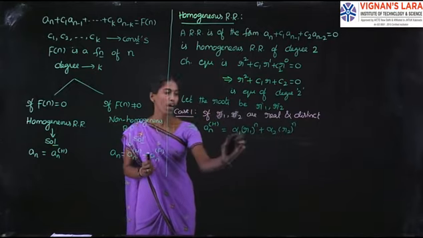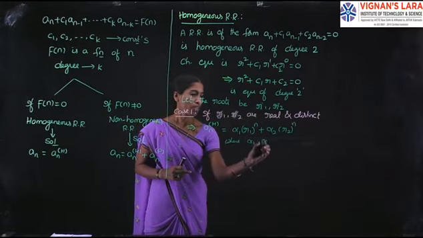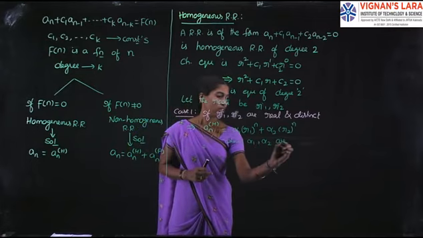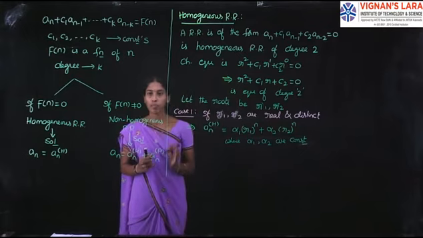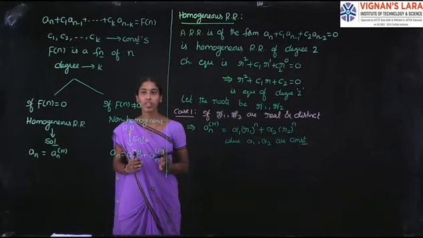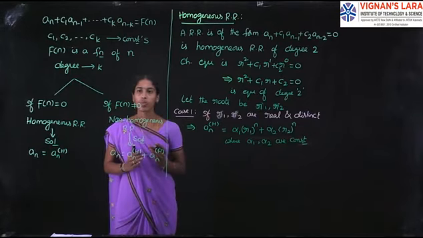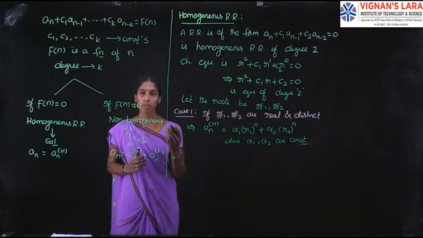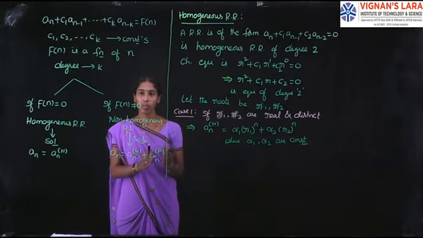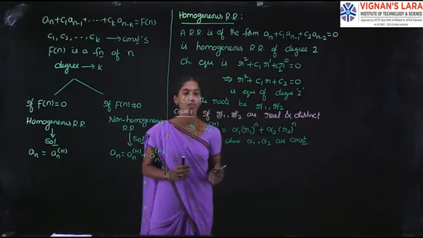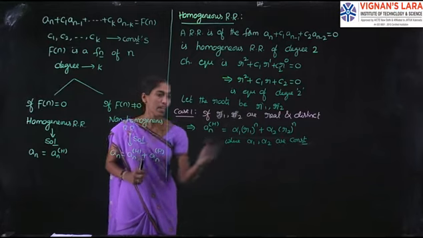What about these alpha 1 and alpha 2? Alpha 1, alpha 2 are arbitrary constants, right? It is similar to differential equations, unit 2. There also, if 2, 3 are roots, then yc is equal to c1 2 power n plus c2 3 power n. Instead of taking c1, c2 as arbitrary constants, here we are taking alpha 1, alpha 2, right? Here we are discussing the real and distinct case.